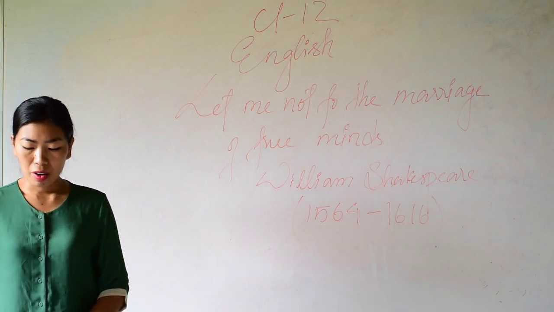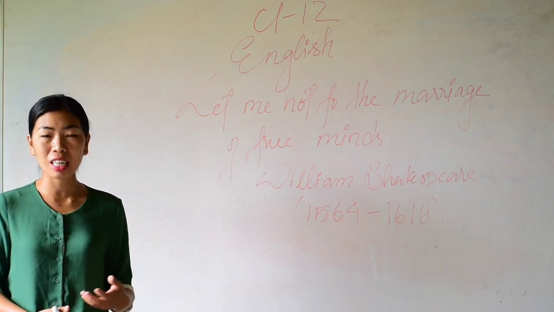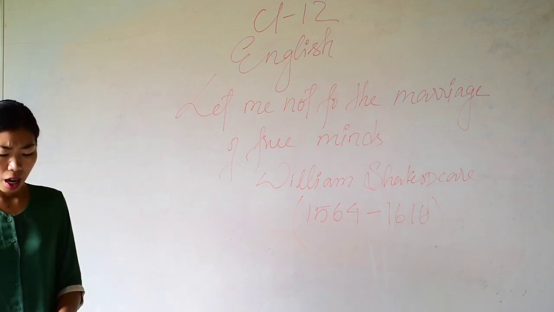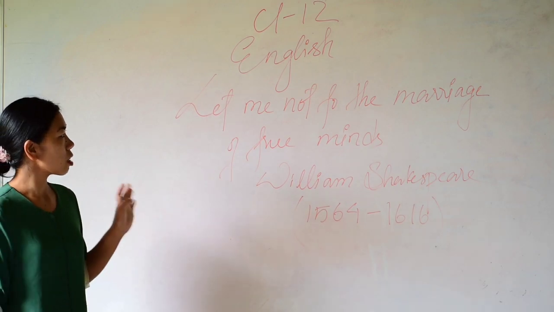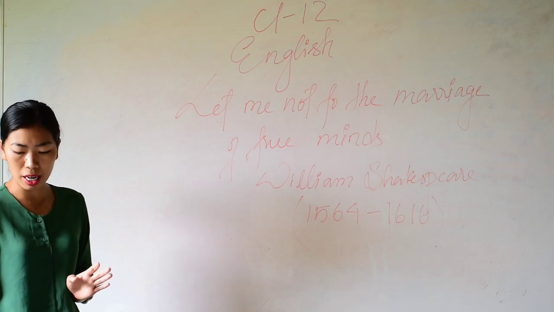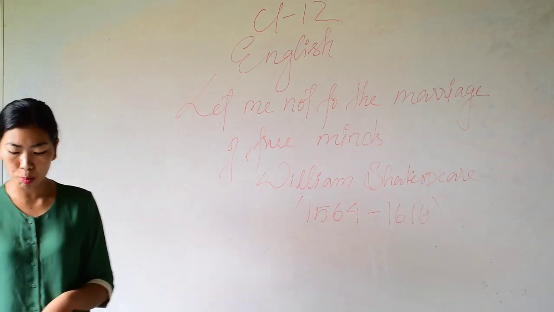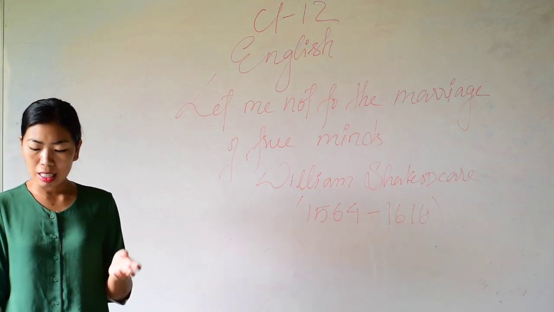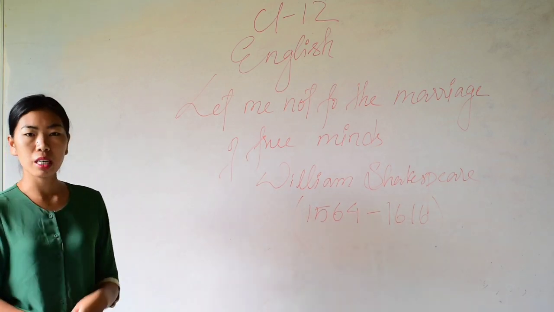William Shakespeare is an English poet, playwright, and actor widely regarded as the greatest writer in the English language. The poem that we're going to study today is entitled Let Me Not to the Marriage of True Minds. It is a sonnet taken from his collection, which was published in the year 1609 under the simple title Sonnets. So this very poem is Sonnet